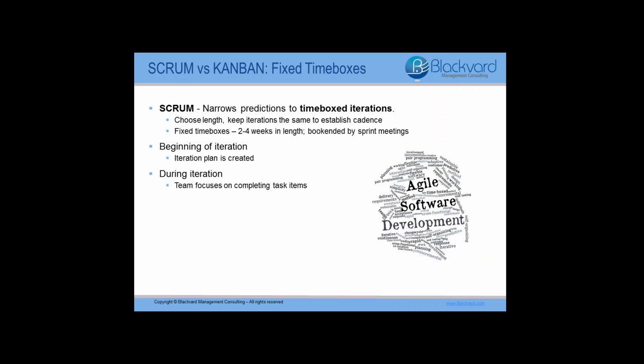During the iteration, the team focuses on completing the items they committed to, keeping in mind that the scope of the iteration is fixed. At the end of the iteration, the team demonstrates the working code to the relevant stakeholders or product owners. Now, ideally, this code should be potentially shippable, as I said before, meaning that it is tested and it's actually ready to go. Then the team does a retrospective to discuss and improve their development process. So, in a nutshell, a Scrum iteration is one single time box cadence combining 3 different activities: planning, process management,